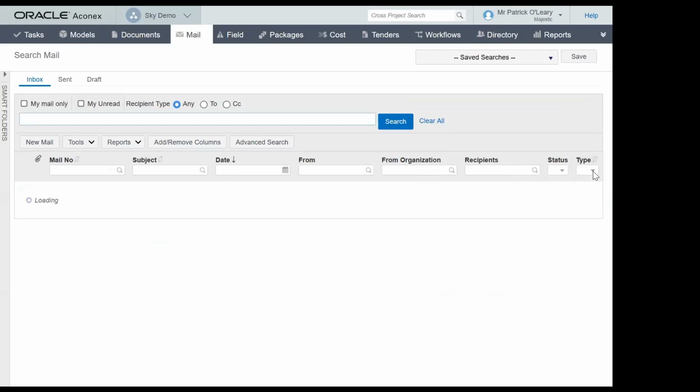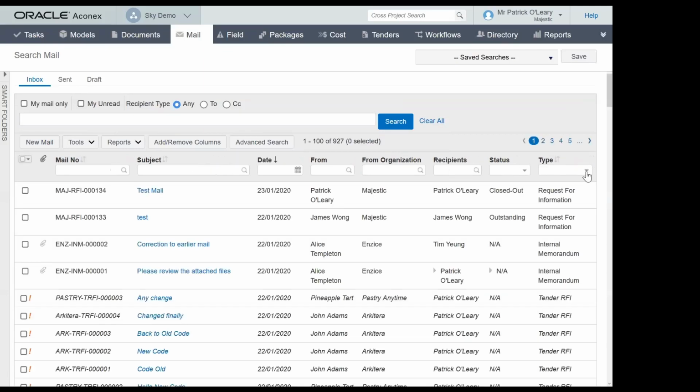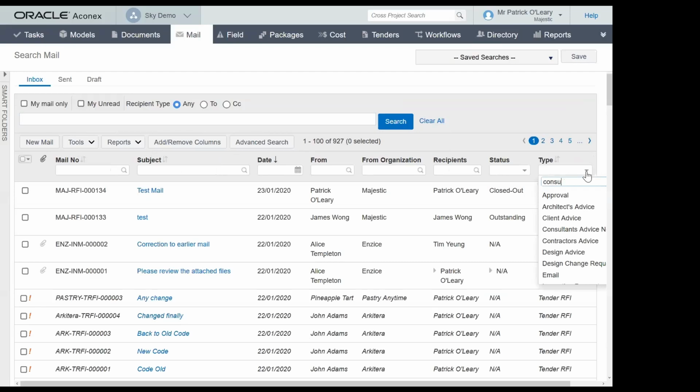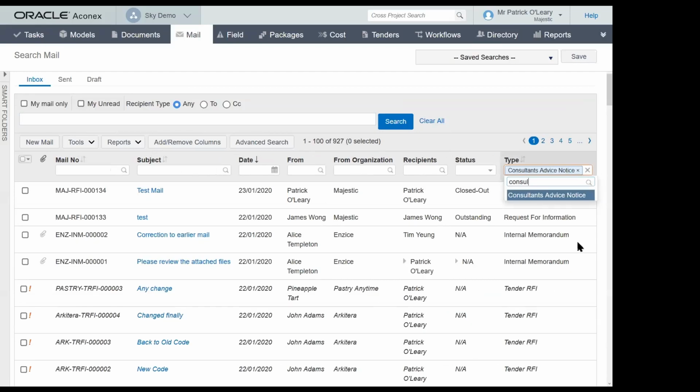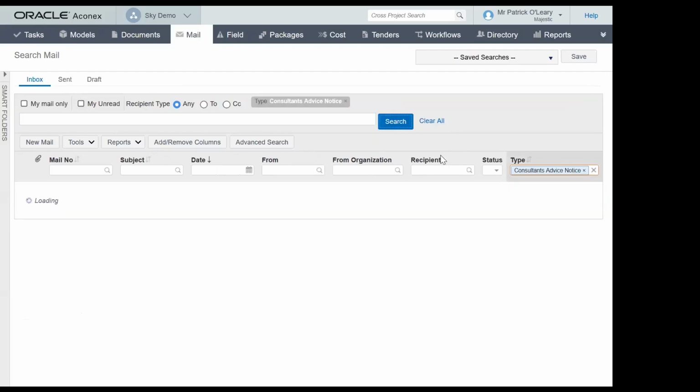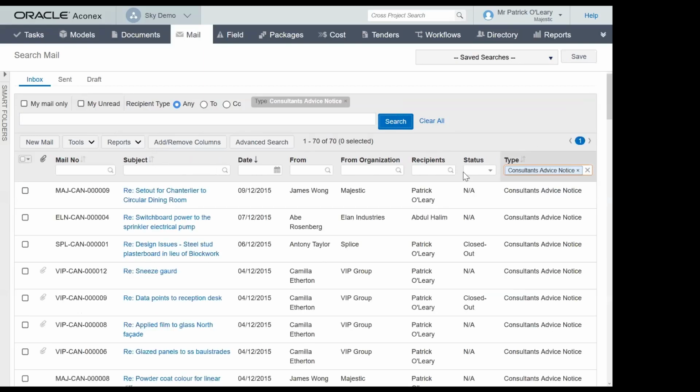So consultant advice, because most of the time you'll find that work does not proceed until a consultant has given approval for a certain specification or sizing or even paint color, depending on the project requirements. So we've got the ability to configure the various mail types or the various forms of correspondence. You can even say here, I only want to see the consultant's advice notices that have actually been closed out.